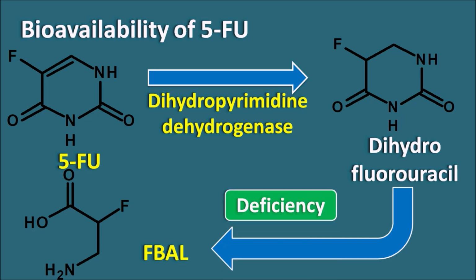And in a few of the patients, this enzyme is somewhat deficient, which decreases the metabolism of the 5-fluorouracil. Thereby, the levels of 5-fluorouracil may be excessively increased, leading to its toxicity. That's why the dose of the 5-fluorouracil should be individualized from patient to patient, and the levels of the DPD, the dihydropyrimidine dehydrogenase, should be checked in order to assess the levels of the 5-fluorouracil. So that's about the 5-fluorouracil.